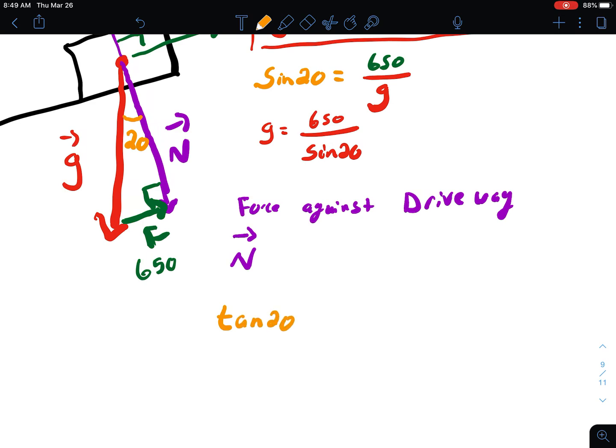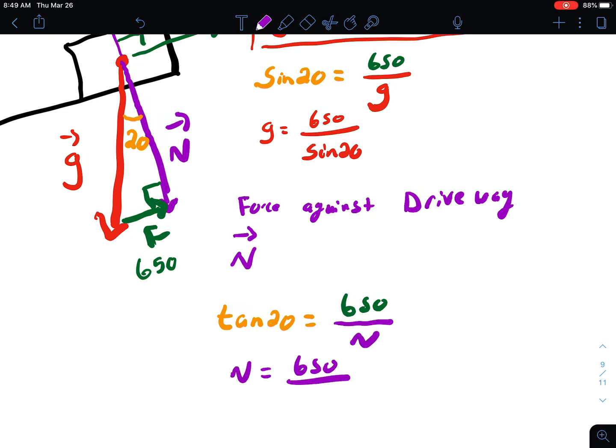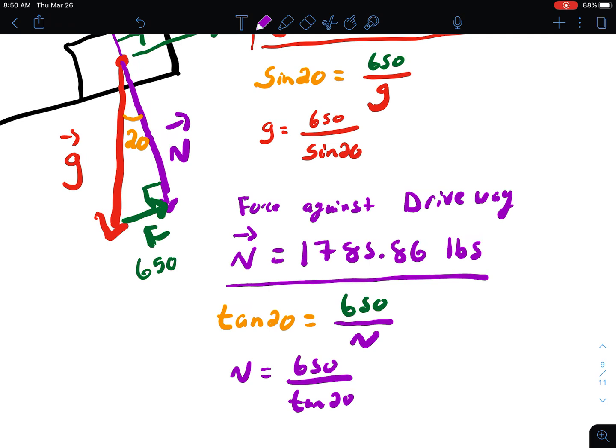And to do that, we have a right triangle, so I'm going to say tangent of 20 is equal to opposite divided by adjacent, 650 divided by N. And so N is going to equal 650 divided by tangent of 20. And so the car is pushing against the driveway directly with a force of 1785.86 pounds. All right, so